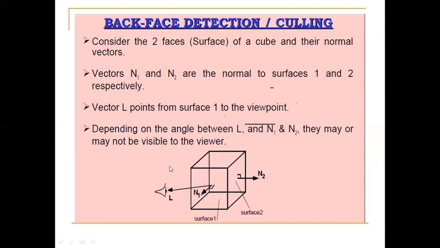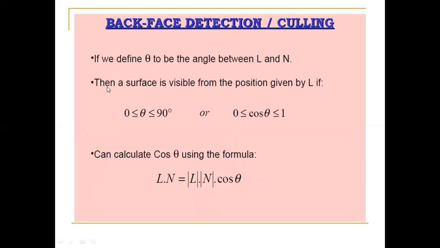So we have to decide whether this particular surface is visible or not visible to the viewer. Depending on the angle between L and n1, and n2, and considering n2, they may or may not be visible to the viewer. If we define theta to be the angle between L and N,